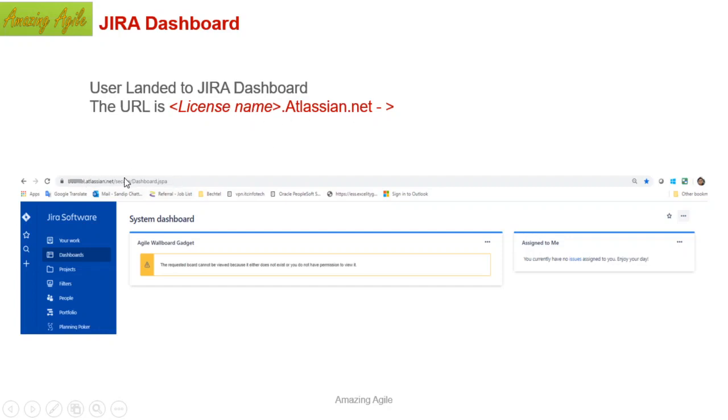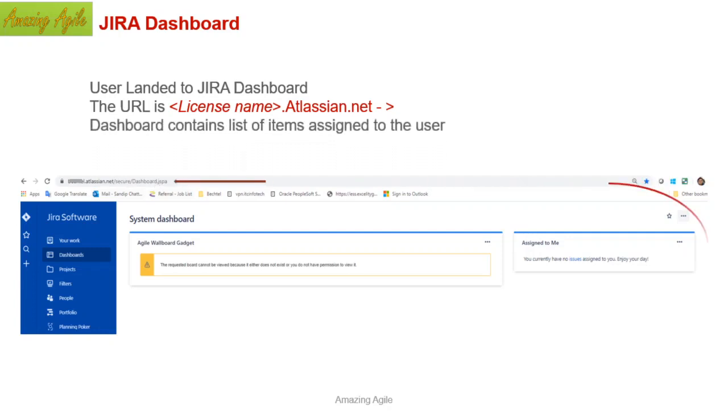This is how it gives you the license. The dashboard contains the assigned work for the user. As I said, I do not have any work here because I am newly logging in, so it is empty. Otherwise, whenever you log in and have a task or story assigned, it will be visible here, and you can click it and go directly to your story.